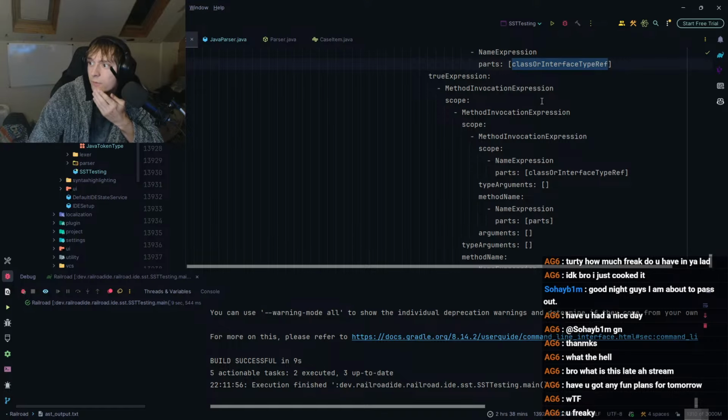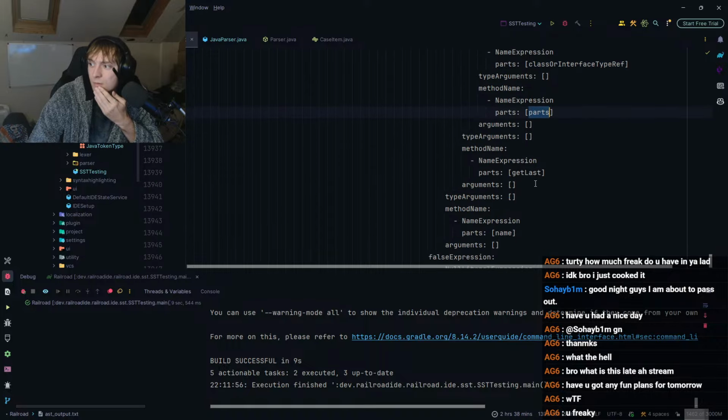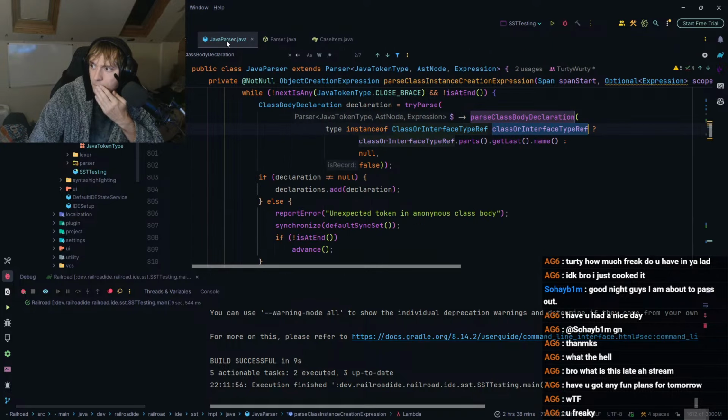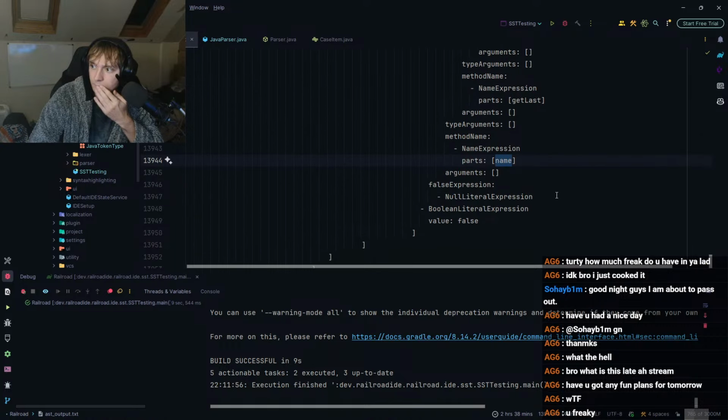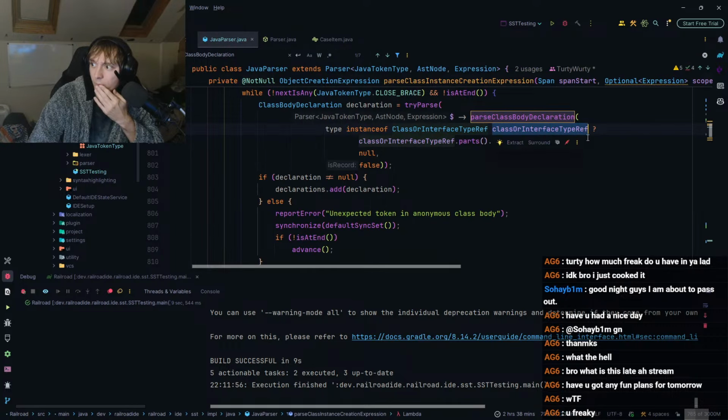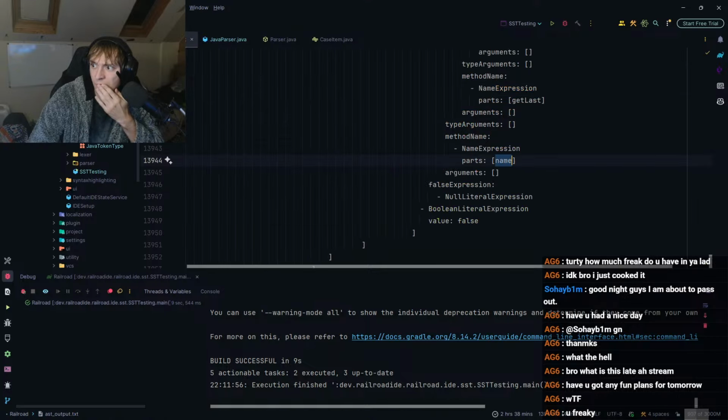So, method invocation, method invocation, method invocation. So, class or interface type ref dot parts dot get last dot name. Yeah. Okay. In the false case, it is null.